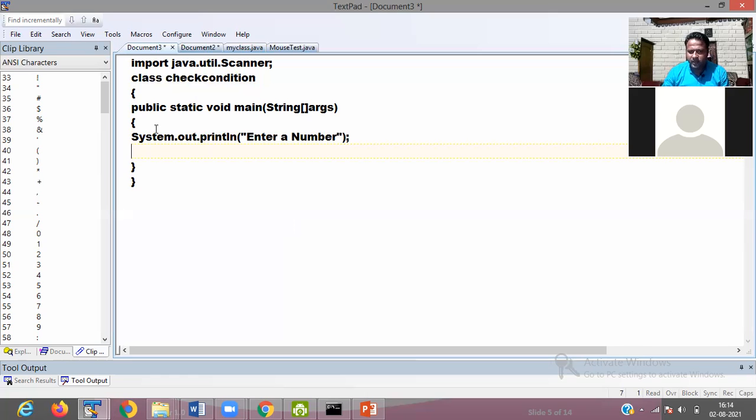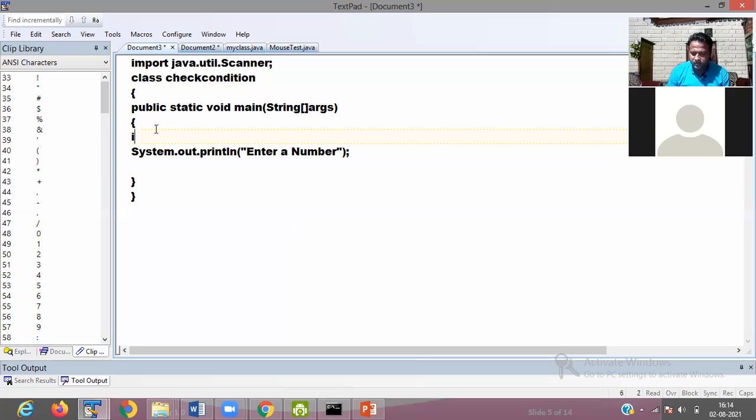Before that I define a number, int num equals to, you have to use the Scanner class again. Scanner class is used for taking keyboard input.